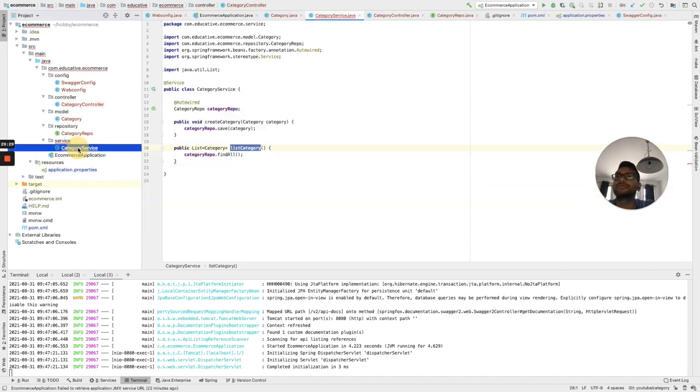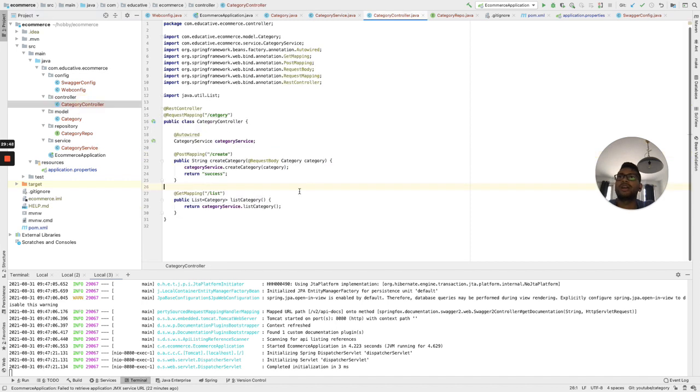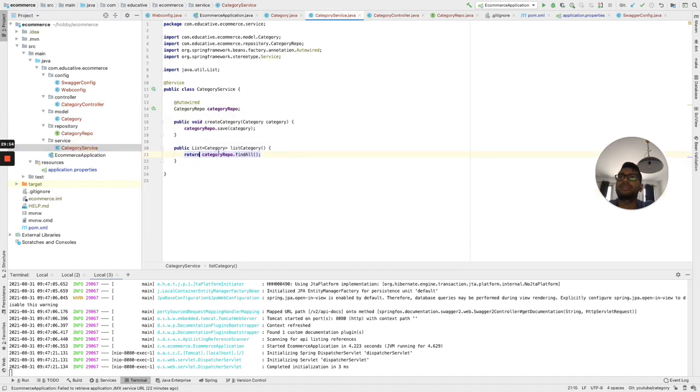Seems easy. So let's see, there's some error here. You have to return. That's the beauty of Spring Java. You have the type, so you make fewer errors. If you make any mistake, it will show you that this is not compatible. So let's see, we have a list one, and we have a category. So the service will get the findAll, and it should work.